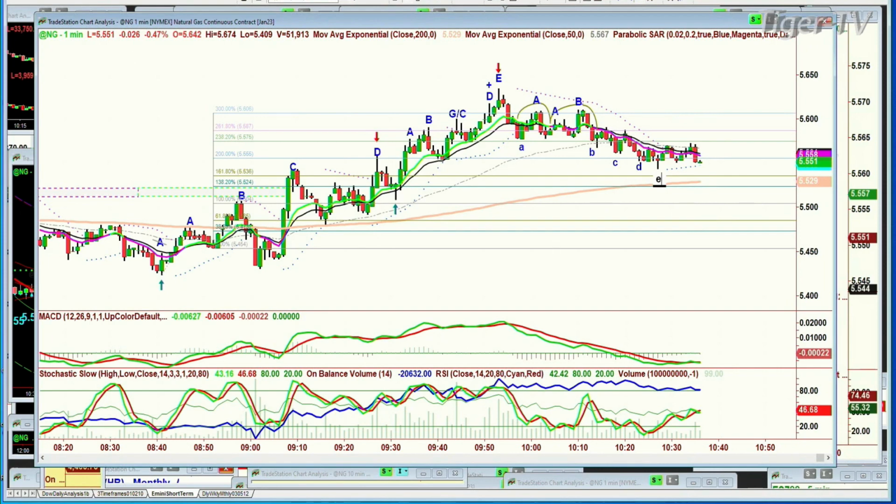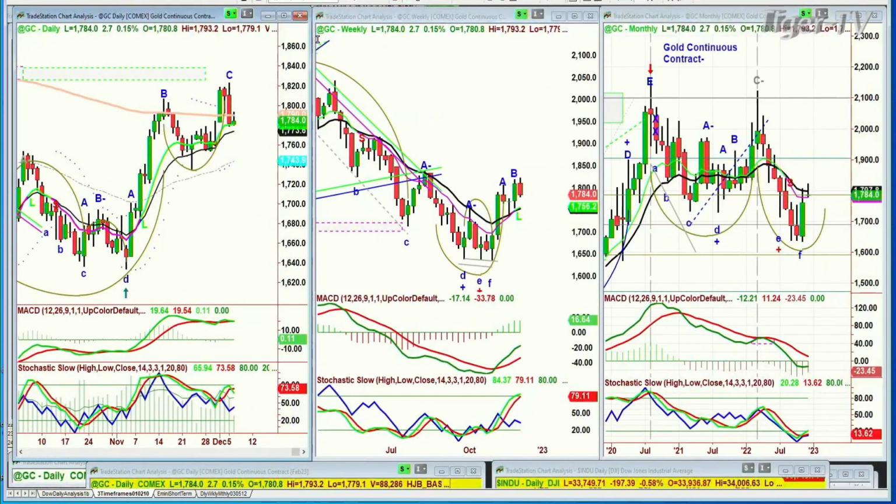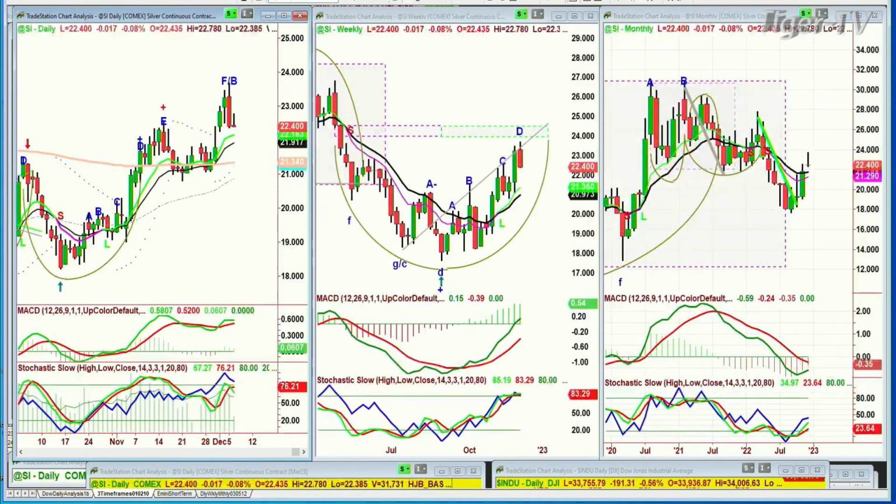Let's get back to our story because we wanted to be looking at everything. I want to go back now to silver. I haven't looked at silver. Silver is trading down a penny at 22.40. It had a big move. The way I'm looking at this at this particular stage is that this has all the action that I would expect, more of a peak F than a peak B.